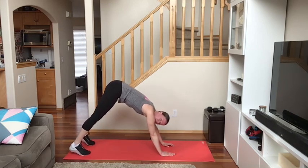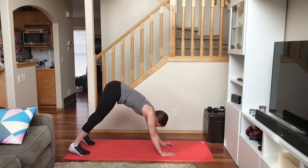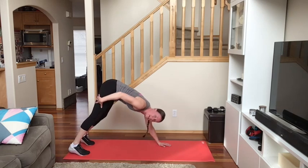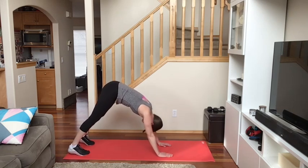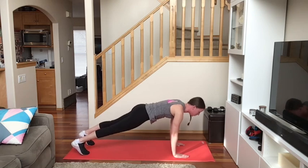If you've done bear squats with me before, this is the position that we kind of end up in after we push ourselves up onto our toes and our hands just like this. You should feel that pull in your hamstrings, that really nice pull behind your thighs, just like this. From here, what we're going to do is swing ourselves down into a push-up position, and then